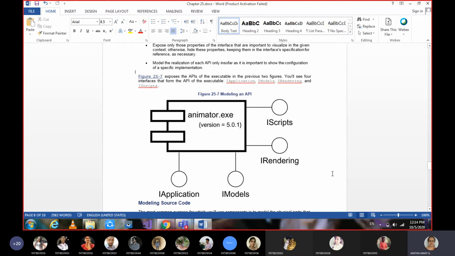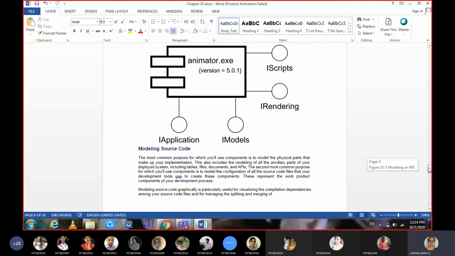Some interfaces can be realized using this .exe. Okay, so iScripts, iRendering, iModels, iApplication. So the methods that are within these interfaces are abstract. Okay, so these abstract methods can be implemented by taking the contents of this .exe. Okay, so that is modeling an API.